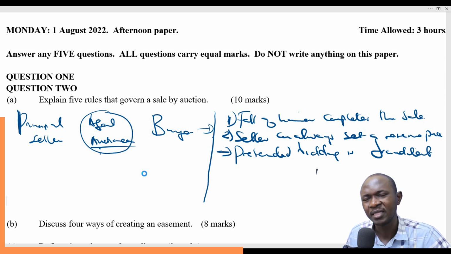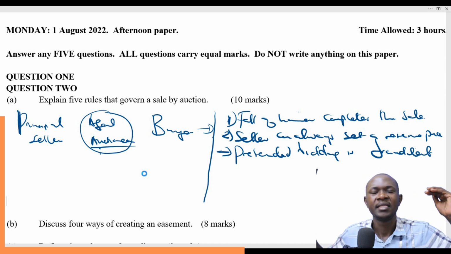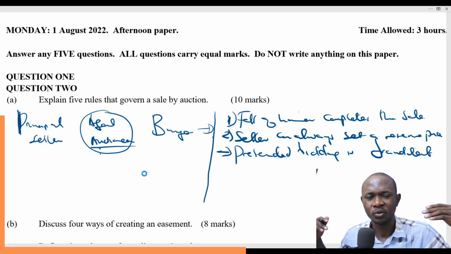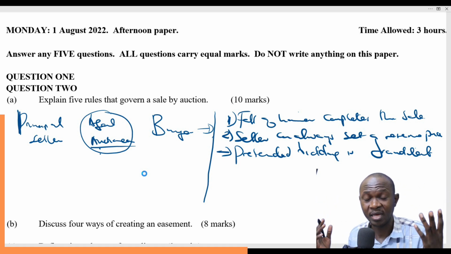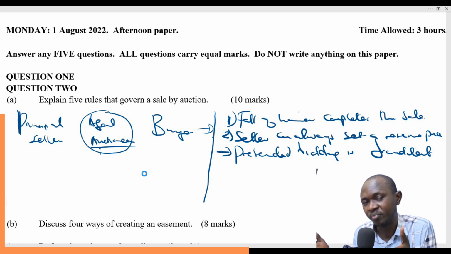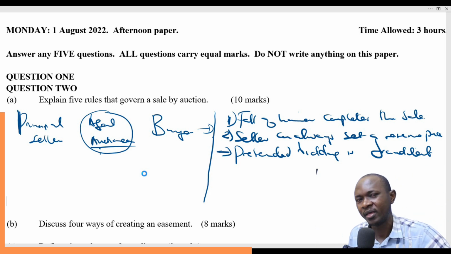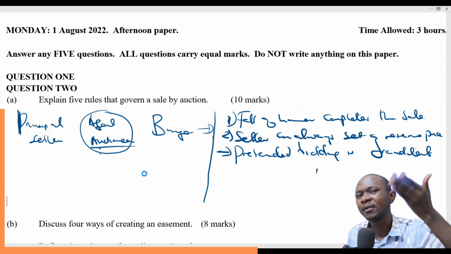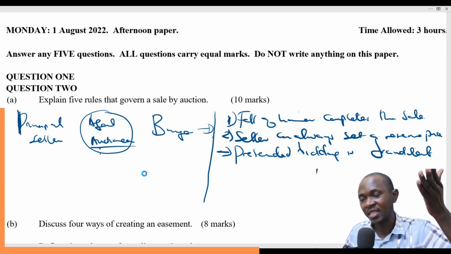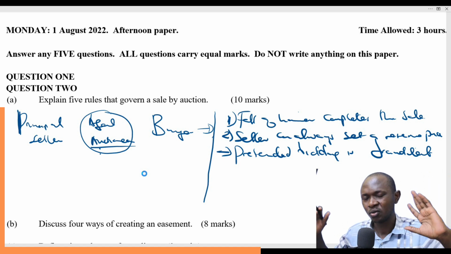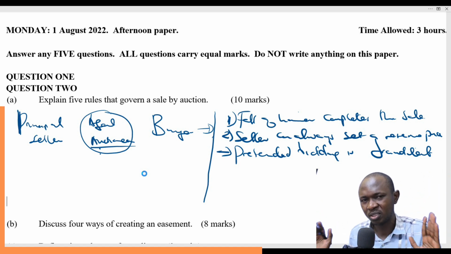Of course, these are artificial people that you've just created to raise the bid so as to increase the price of that item. There are those people who are actually willing to buy that item, so they will also keep increasing their bids because others have also increased the bids. So these people that you've just put there on purpose to raise the price of that item for the sake of it,